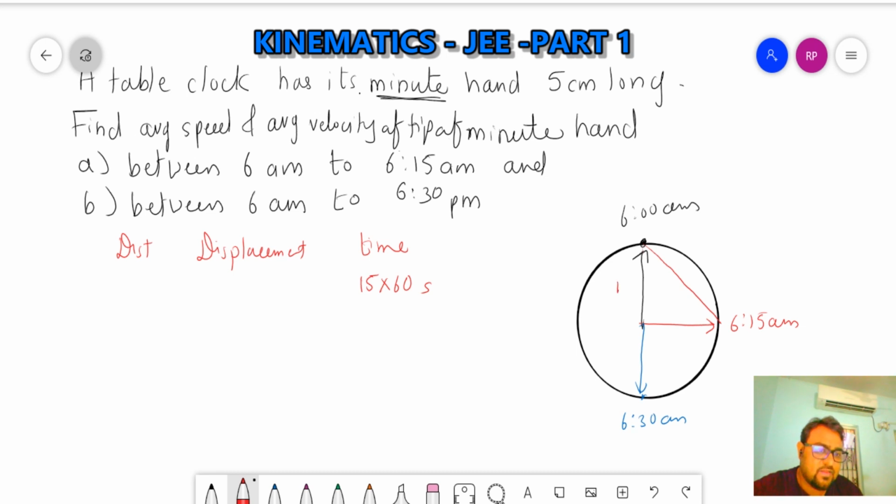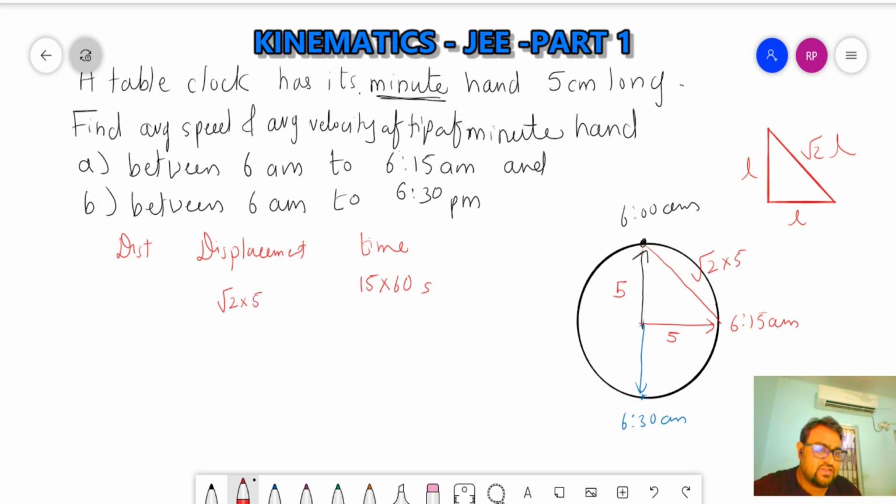This is r, that is r. So remember, in a right angle triangle, when two sides are the same, the other side will be equal to root 2 L. This is the shortcut. If this is a right angle triangle, if this is L, this is L, this will always be root 2 L. So this is root 2 into r. Clear? So displacement is root 2 into r.